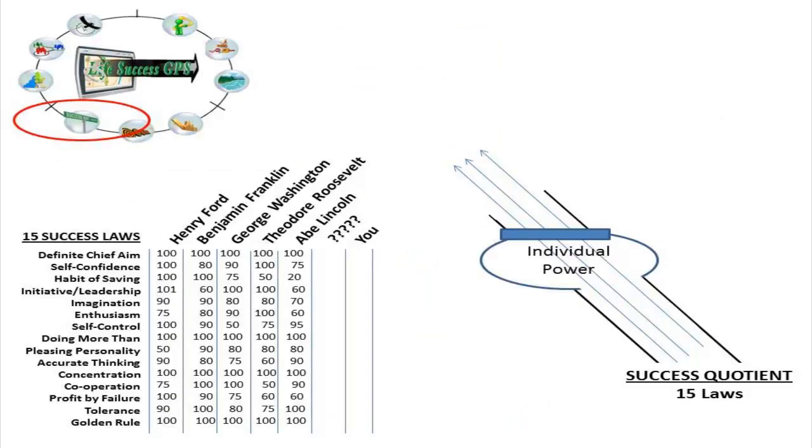Wyatt, as you know, in this section, I was taking Napoleon Hill's 15 Laws of Success and then having people calibrate their own lives according to those 15 laws, then look at other famous people to calibrate their lives, and then finally calibrating the lives of successful people in their sphere of influence to those 15 laws, with the end goal of being able to draw those successful people into a mastermind to help accomplish your goals faster.